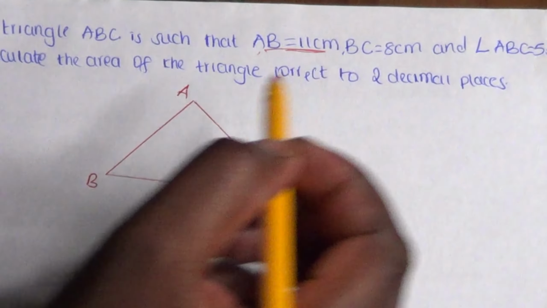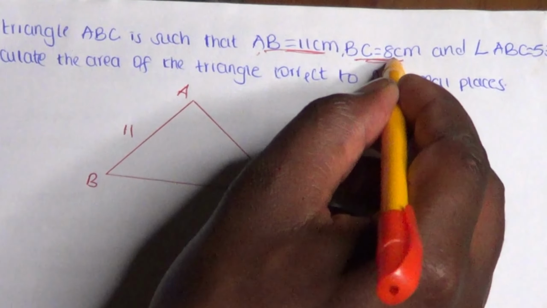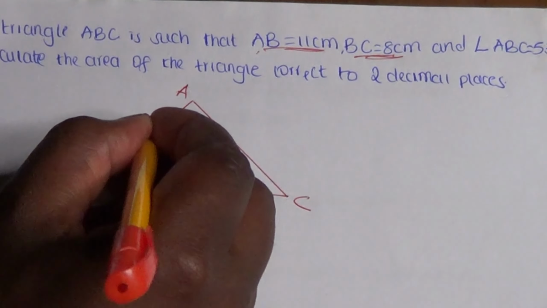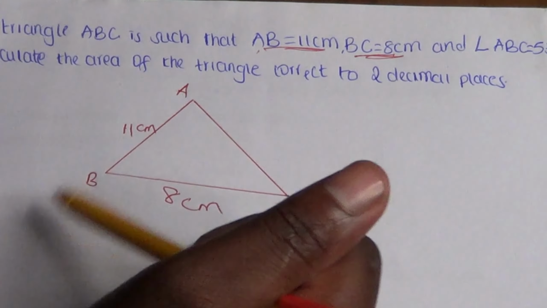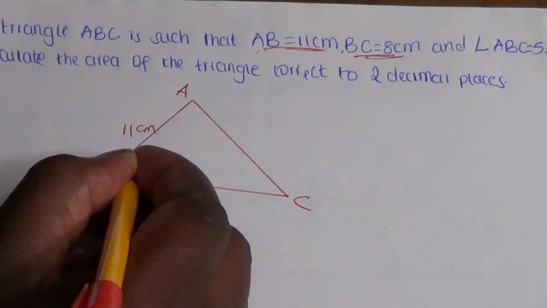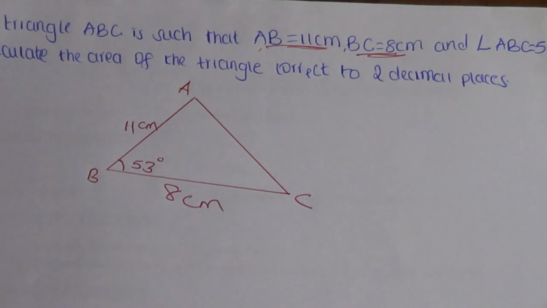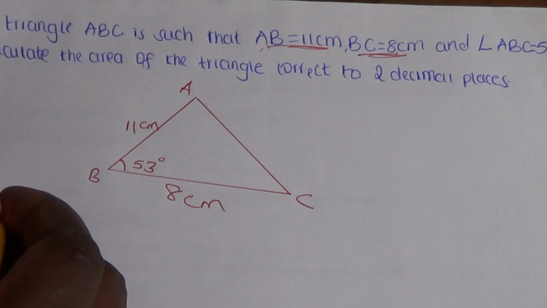AB is 11, then BC is 8, then angle ABC is 53 degrees. So for us to find the area of a triangle, we want to use what we call